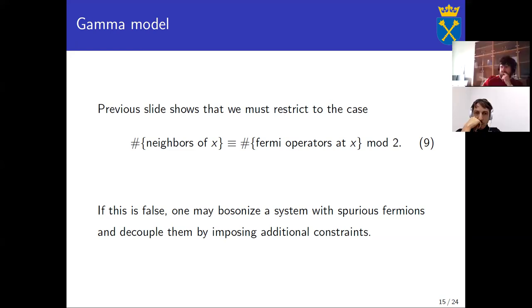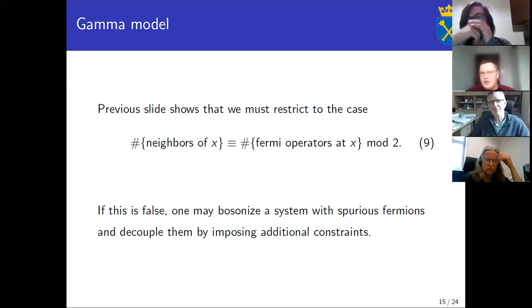If you think about a cubic lattice, then every site has an even number of neighbors, and this means that the number of these Fermi operators has to be even. Yeah. In this case, that's always true. So you have to have an even number of Majoranas. So this means that if you have some creation and annihilation operators, every creation-annihilation pair is equivalent to 2 Majoranas. So this is true.